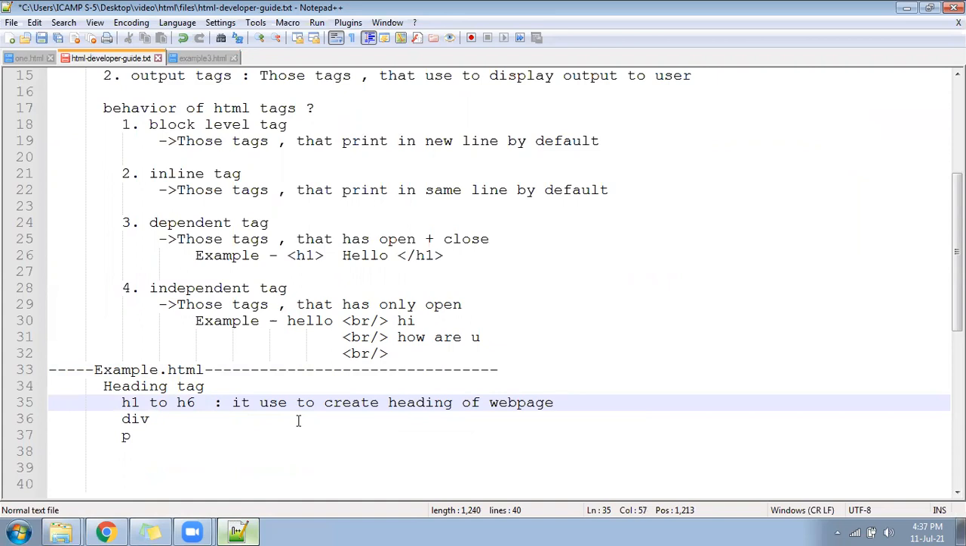So once the customer opens the page, he will understand what the purpose of this page is. Okay, it says it is used to create the heading of a web page. Right, in every page, H1 is required as per